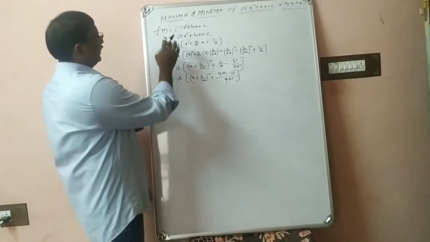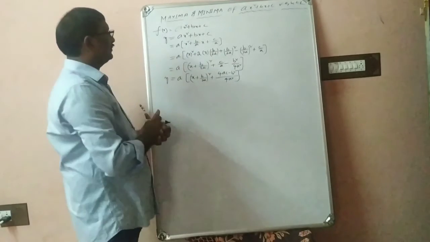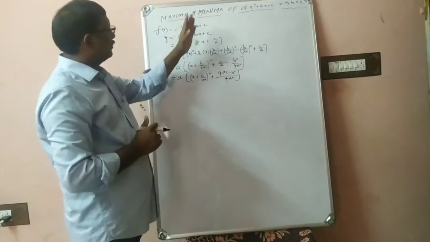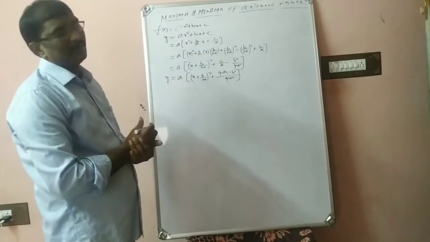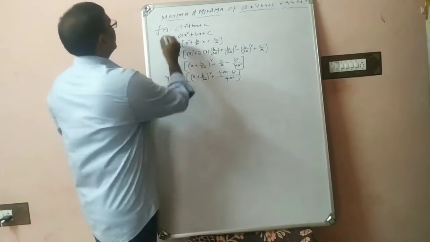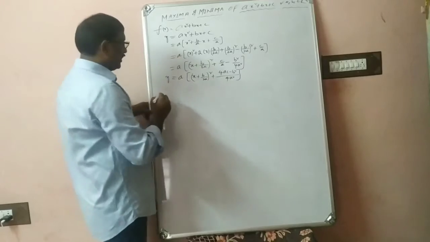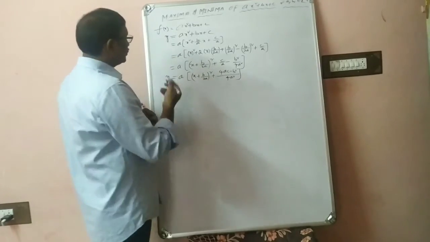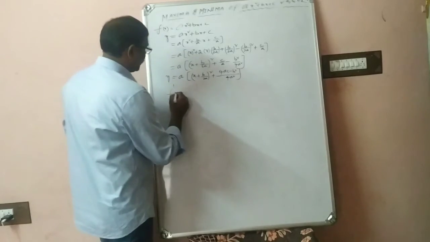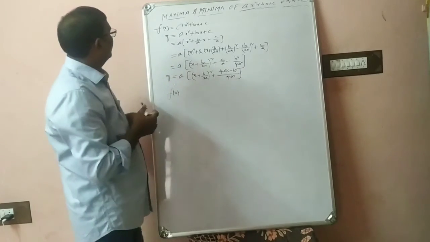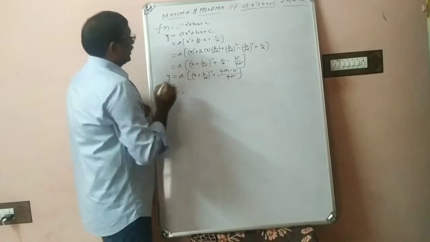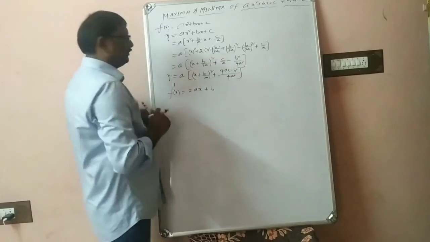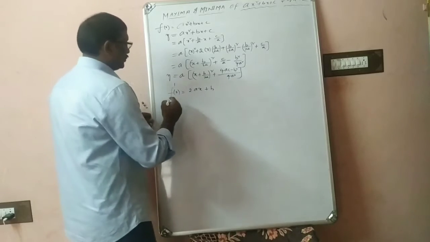Now what is the graph of the quadratic expression? This is a parabola. So when does this parabola have a minimum and when does it have a maximum, we'll check now. So consider using the first derivative test, because we have to know where we are getting the maximum or minimum. f dash x is equal to 2ax plus b. For maxima or minima, f dash should be 0.